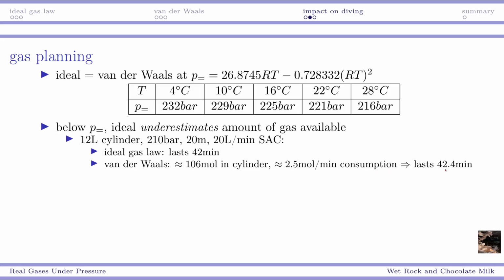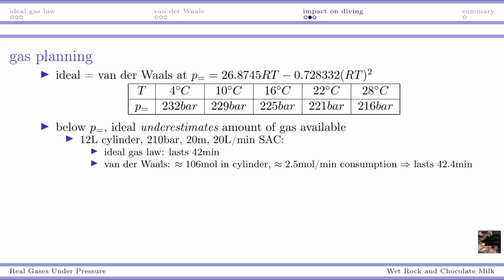So the actual cylinder lasts us 42.4 minutes. And this is what we've seen. It is a little bit underestimating using the ideal gas law, and it's not that bad, right? This is like 1% roughly of the actual cylinder size or of the prediction. Depth variation, a little bit of working harder, slower is going to have way more of an impact than whatever this difference is. Therefore, for such a computation, we really don't need to care about the ideal gas law versus